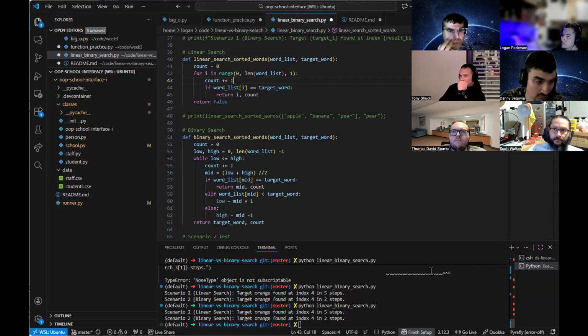Okay. So the way that he wrote it, it's implied that you're going to start at the beginning, go to the end, and go by ones, right? Here, I made it explicit, but when you don't make it explicit, Python reads it as, hey, I'm going to run it from the beginning to the end by ones, right? If I wanted to go backwards here, Logan, do you know how to do that on line 42?